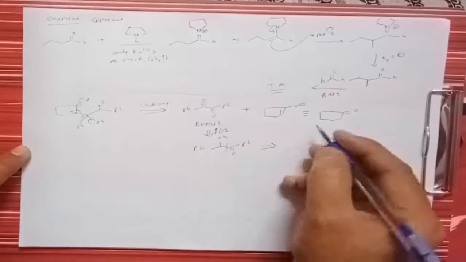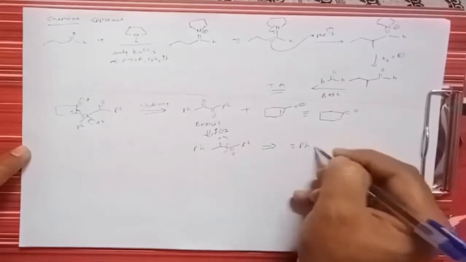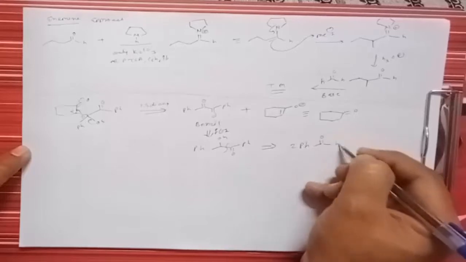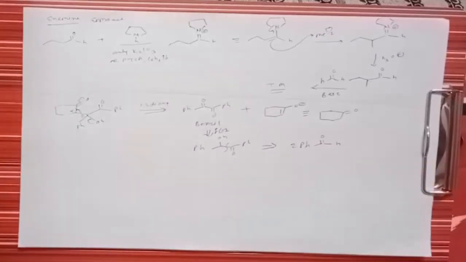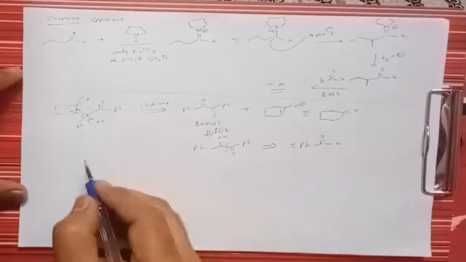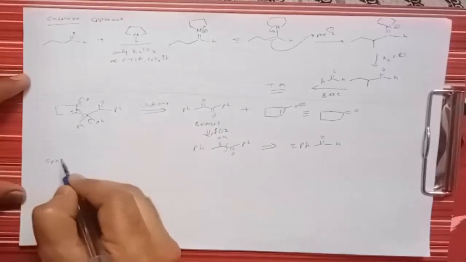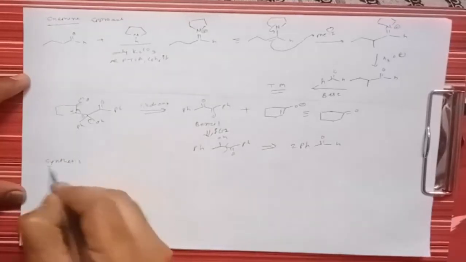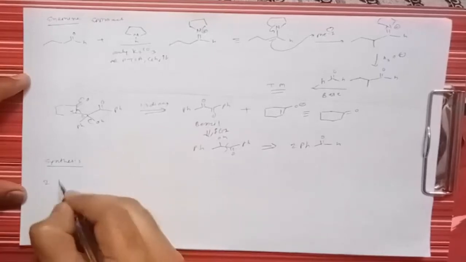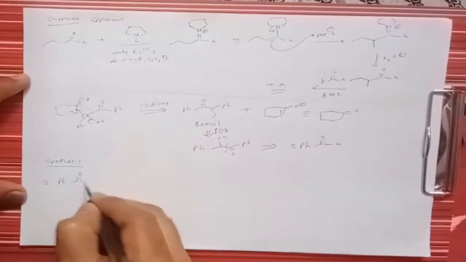That is called a benzoin condensation, and it gives formation from 2 molecules of benzaldehyde. This is a well-known reaction. When benzaldehyde is treated, it gives benzoin condensation, and after oxidation, what does it give? It gives formation of a benzil. That is the synthesis. In the synthesis, we have to take 2 molecules of this benzaldehyde.